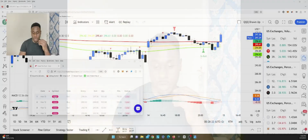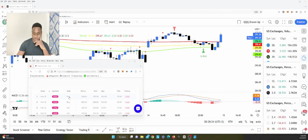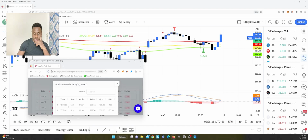I set this trade basically off one of the usual rules, and then I just got hit out at the stop loss. I didn't get to see exactly where I got hit out, but I'll actually be able to review it now. So, you can see it, March 13 here, and I think I set the time to...